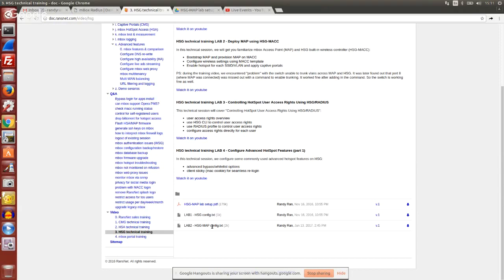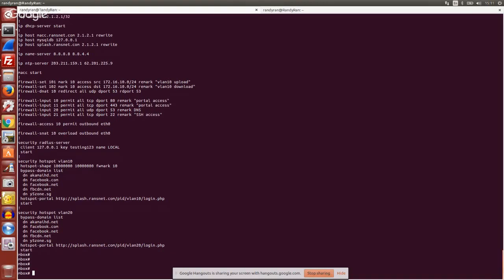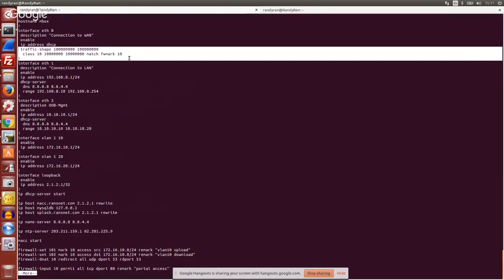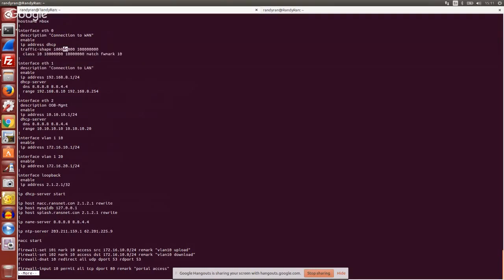You can basically download the config from lab 2, but for this lab, because we're going to do a dynamic bandwidth control, and because we don't have a lot of live users, I would basically restrict my upstream bandwidth. So what I've done here is I have enabled traffic shaping for my box here, so it's limited to 10 meg. This is 100 meg,